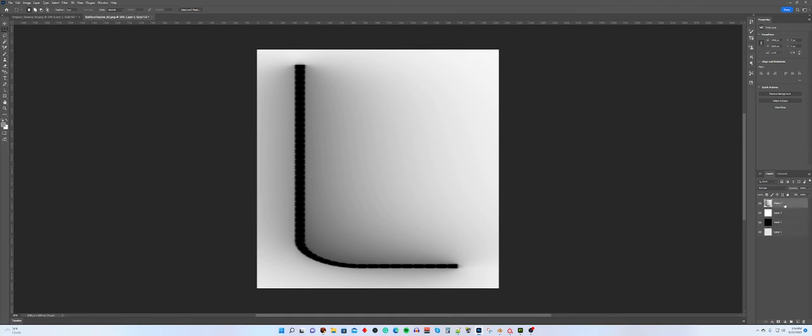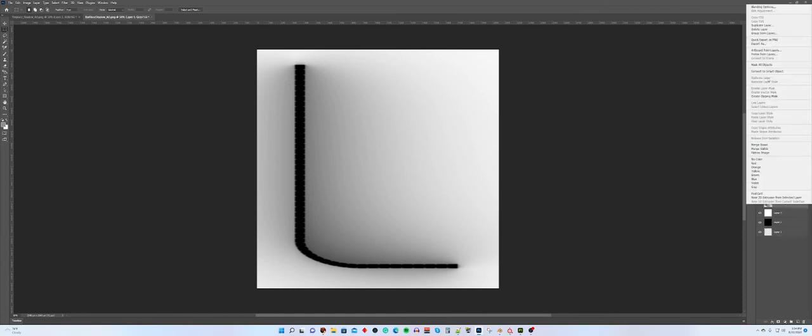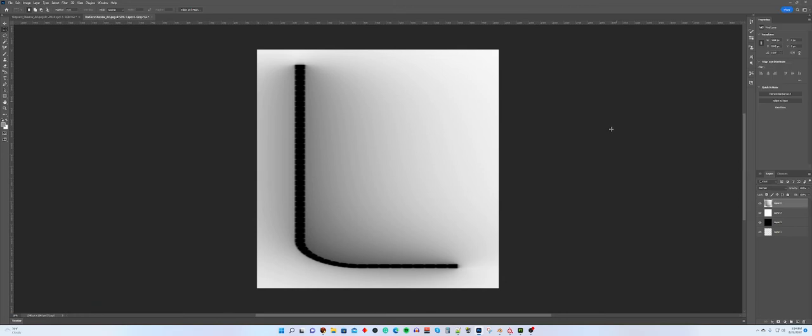So now we click back on this, and sometimes you have to rasterize this, sometimes you don't. If it came in as a background layer, you don't have to rasterize it. But if you import it, you do have to rasterize it. If you don't rasterize it, you can't edit it. All right, so